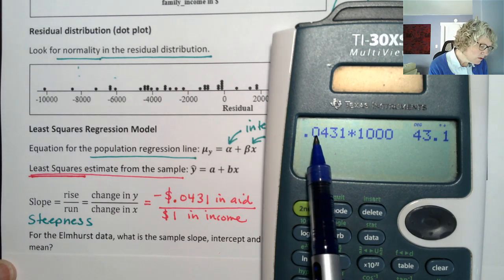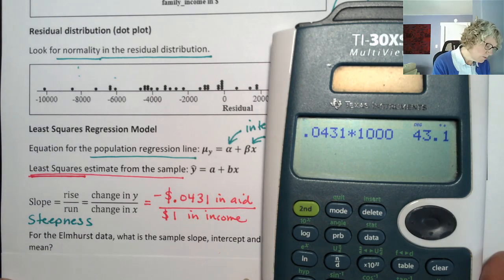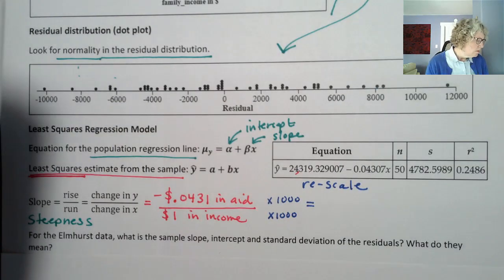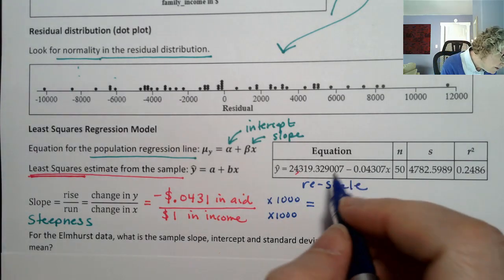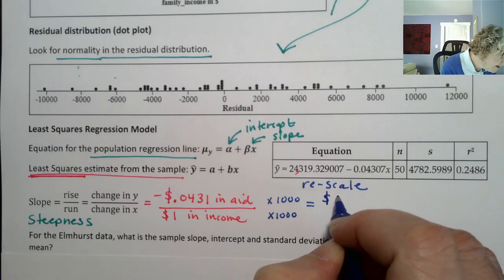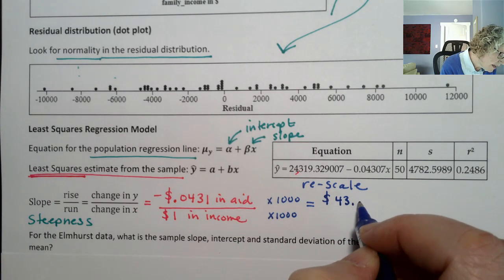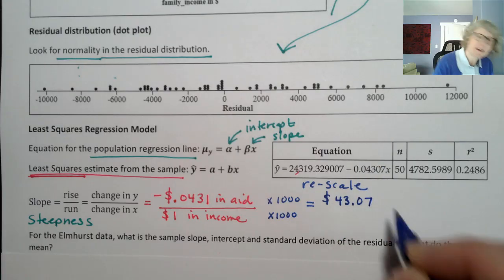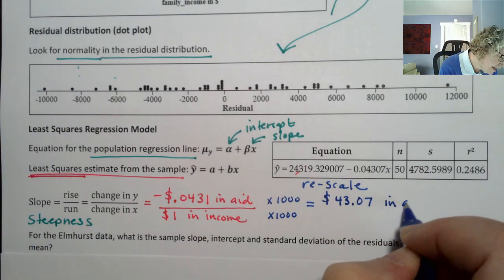So 1, 2, 3 places. The number of zeros is the number of places it moves over, just like 2 for 100 and percentages. So still dollars, but now it's 43.10. Now I'm regretting rounding that to 1 because it would be 43.07 in aid